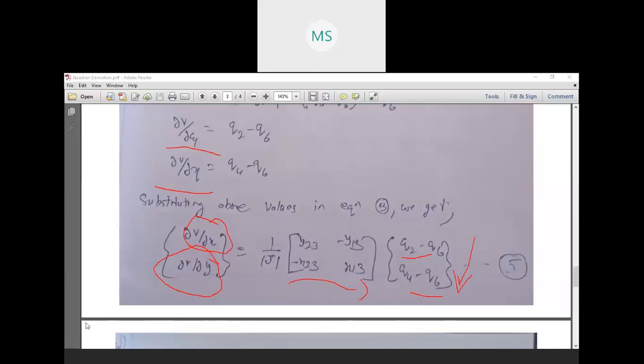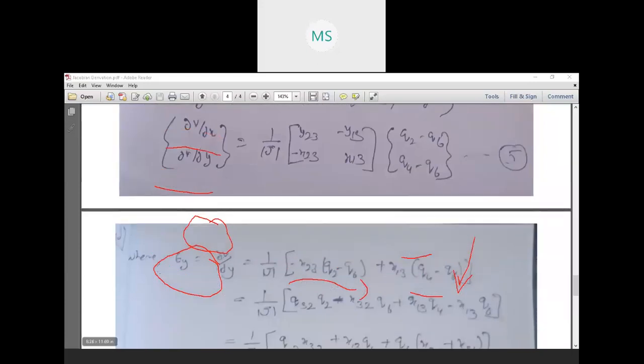Okay, so now you can see down. If you want del epsilon y, what do you have to do? As I told you, if you want epsilon y, just consider the second term, del v by del y, so you just multiply the second row and the second column. That's why you can see here minus x23, here also minus x23 into q2 minus q6, into q2 minus q6